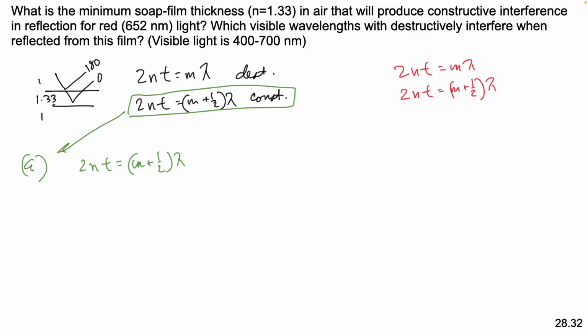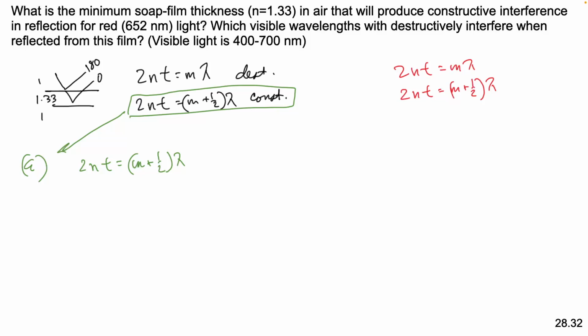What's n? Good. It's the film's index of refraction. It could be easy to get the wrong index in there, right? Because some problems will give you 3 different indices. So make sure you understand what you're putting in the film's index. I'll show that in a minute. We're looking for a T. Do we know the wavelength? Yeah. Yes. What's M?